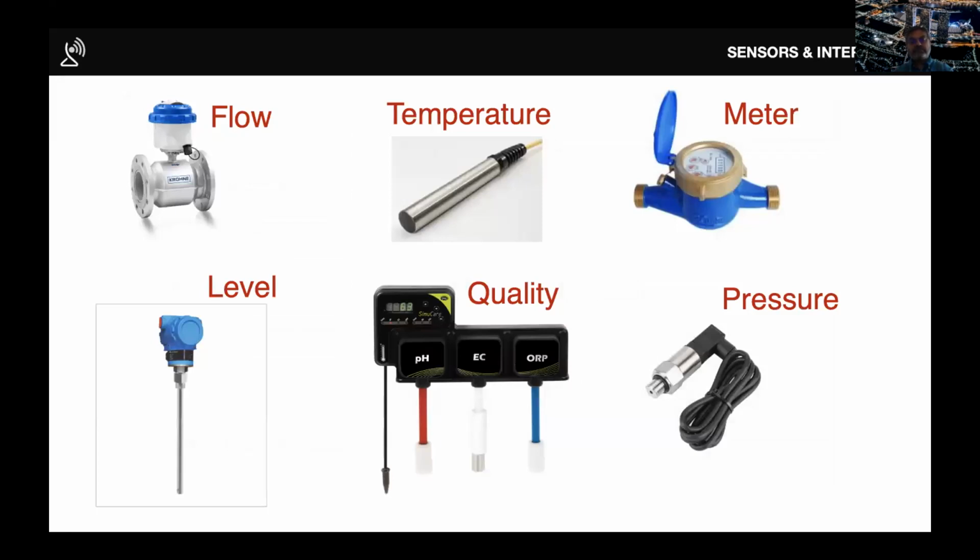Now, the fundamental question is, okay, you've told us about this device, how does it work with the sensors? If you look at applications, let's take the water industry as an example. You have many different sensors that are used to measure flow, level, temperature, pressure, maybe water quality, or to do metering, as Sriram was mentioning. So how do you connect all of these to the Internet of Things?